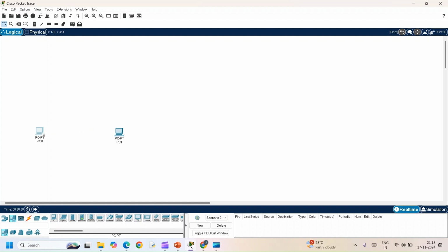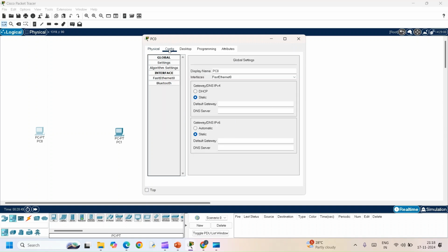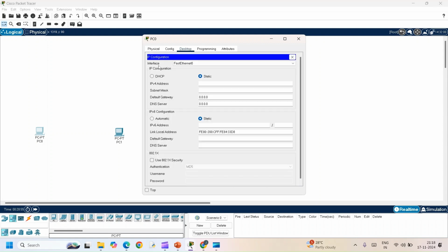Double click on the PC. You will get the window opened. Go to Desktop. There you can find IP Configuration. Click on it. We are going to give an IPv4 static address.